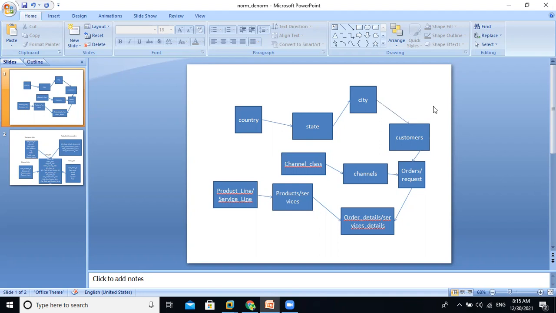These are the blocks. In each block, just giving the title of the object is enough. Block name is enough. We don't want to enter all attributes within the conceptual model. Just explaining is enough. No need to enter all the columns in each block added within this conceptual model: the country, state, city, customer.